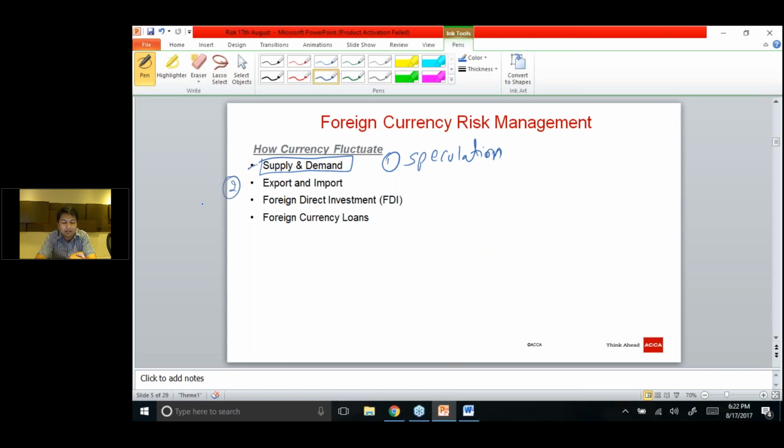If you are a net exporter, that means you are the receiver of foreign currency, and whenever you are the receiver of foreign currency, your own currency will appreciate and foreign currency will depreciate. Next is foreign direct investment. If there are many multinational companies investing in your country, obviously they will bring some foreign currency, some dollars, with them, and by the investment of multinationals, that foreign currency will depreciate and your home currency will appreciate. Higher the foreign direct investment,